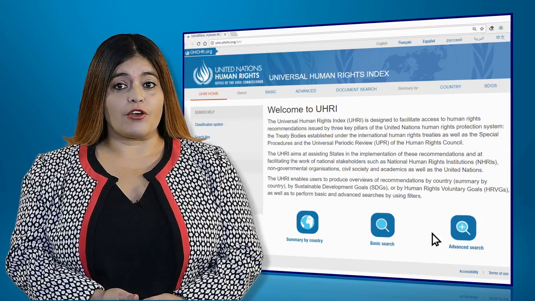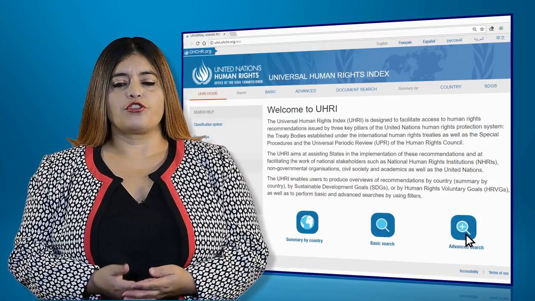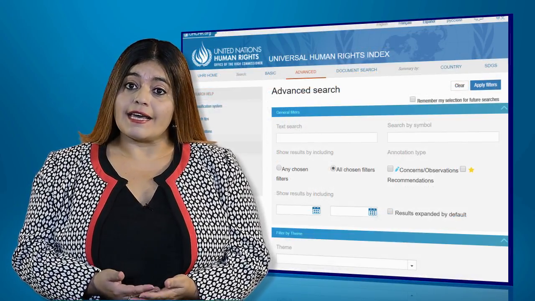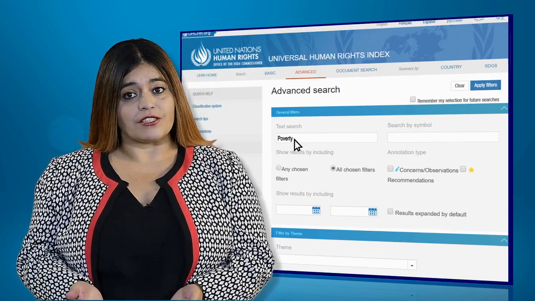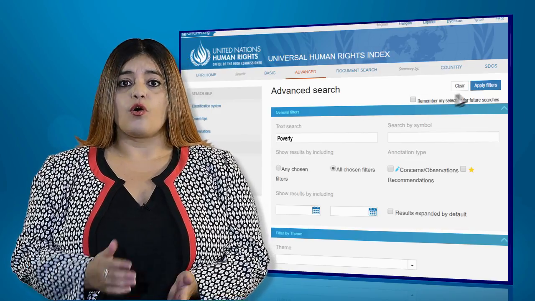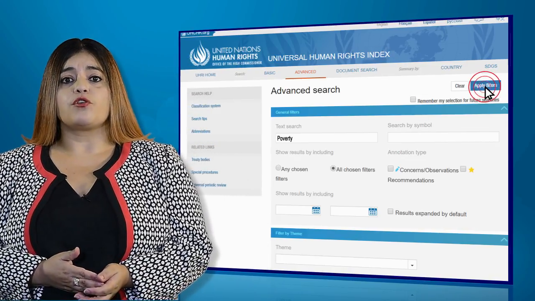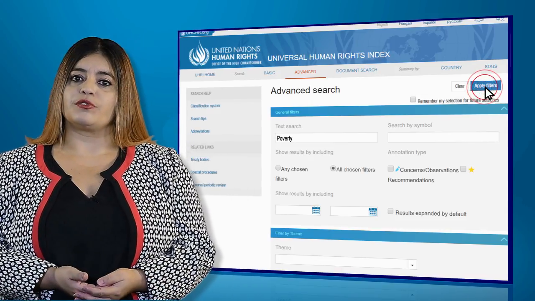The advanced search page allows for a more in-depth search through adding categories and the possibility for multiple entries by adding several filters. The text search can include single or multiple words or phrases, such as poverty or housing, for example.